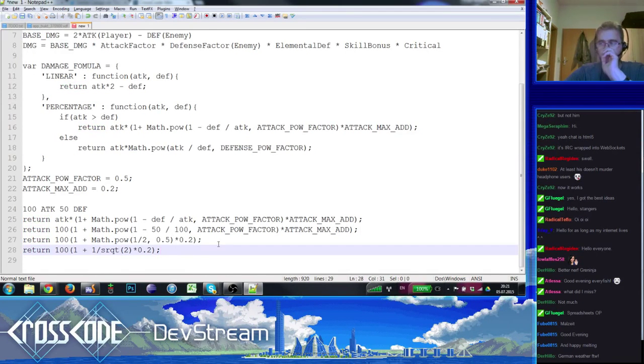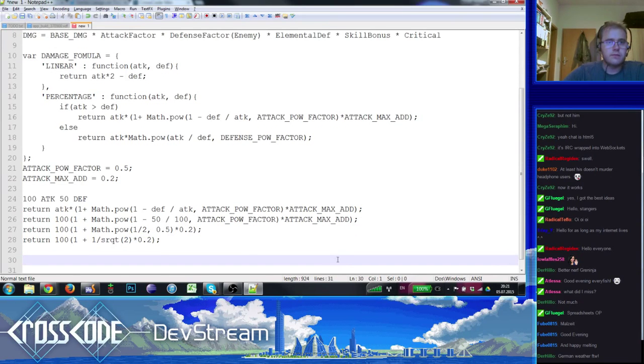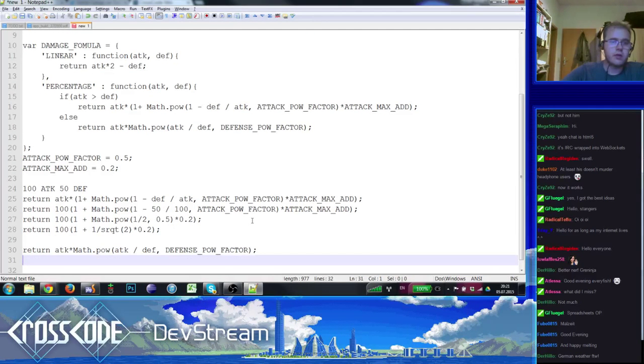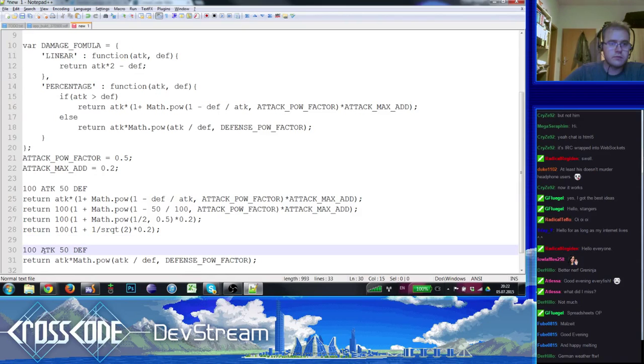If you look at other damage formulas, for instance Final Fantasy, pretty much every Final Fantasy has a known damage formula because everyone cracks them. You notice that they do kind of the same. They always have a mechanism in there that helps to scale the damage down the stronger you are.